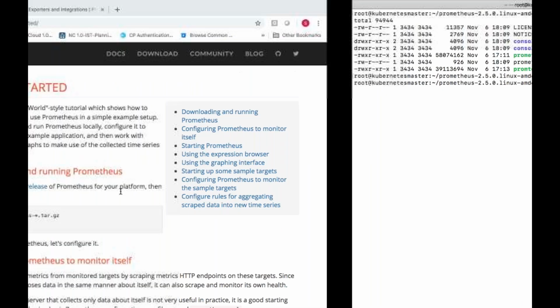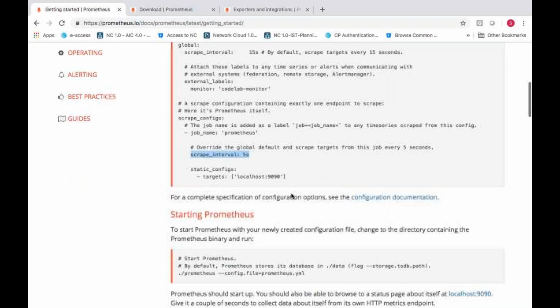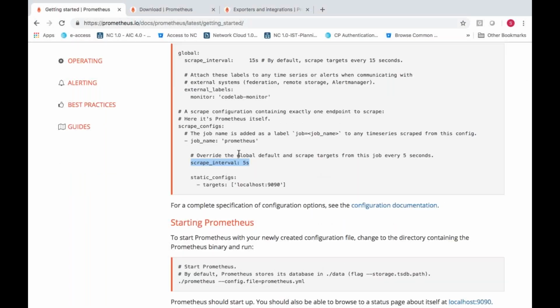So here we need to change it. If you want a scrape interval, you can see here the global value is 15 seconds, and for this particular job it is 5 seconds. Scrape interval means how often it should monitor that particular node. What should be the interval of monitoring? That is the scrape interval we have. That is the global value and this is the local value, just like global variables and local variables which you discuss in scripting languages.